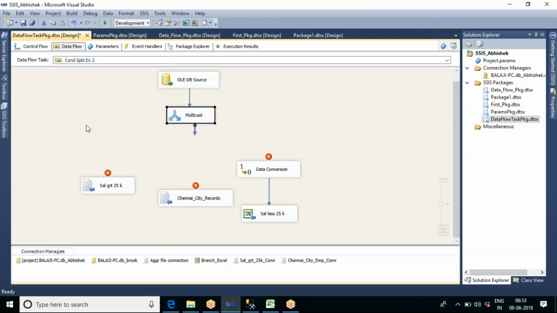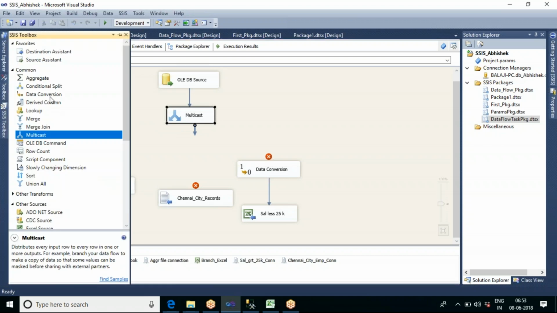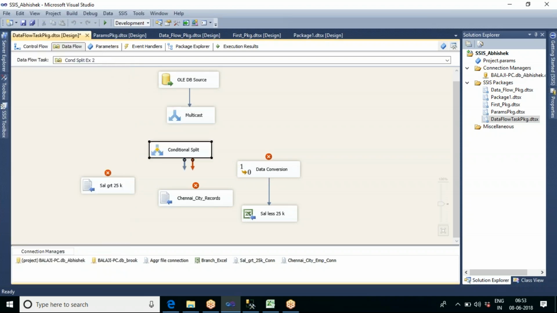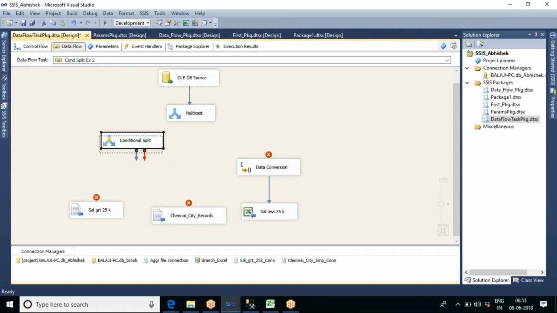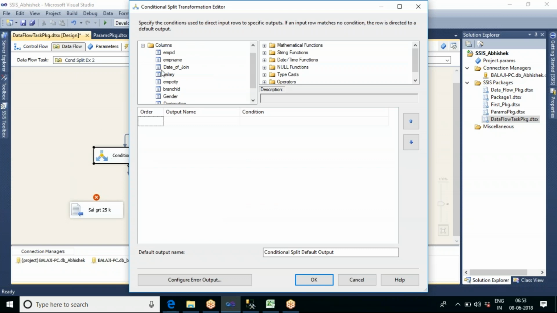Now, one copy I will put into one conditional split. Here I will write a condition on the salary, where salary greater than 25,000, and I will put them into salary greater 25k.